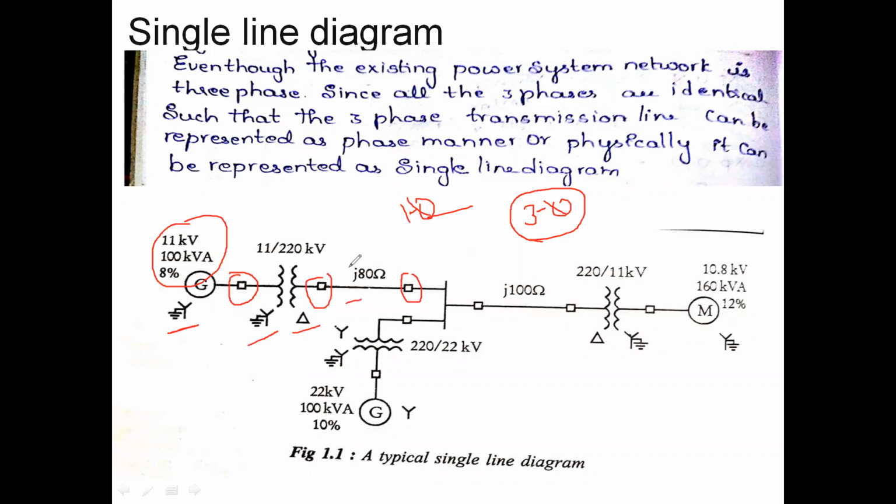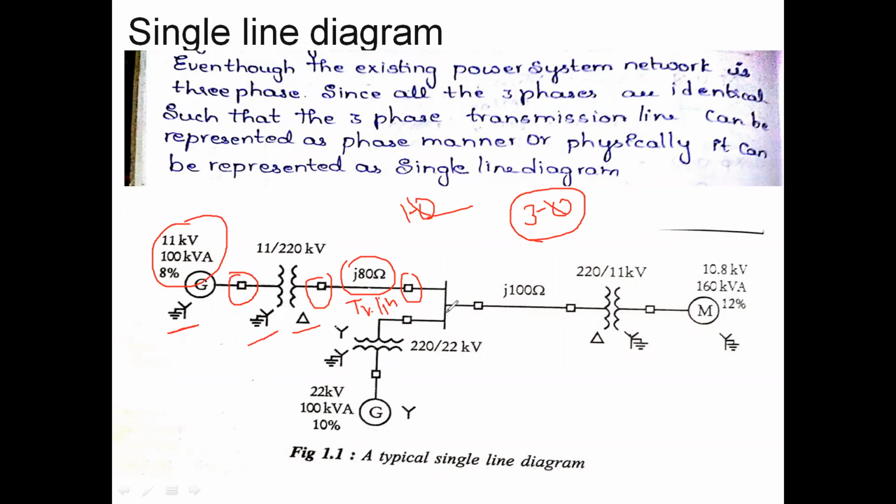In between these they have mentioned the ohms. That means this is the transmission line. A simple transmission line will be represented by a single line. Therefore this is a transmission line having some impedance. And similarly, this is also another line of a generator, a circuit breaker, a transformer, and